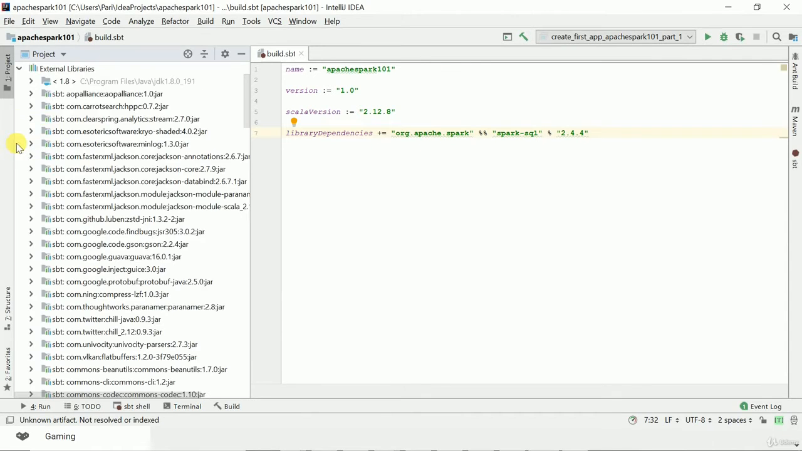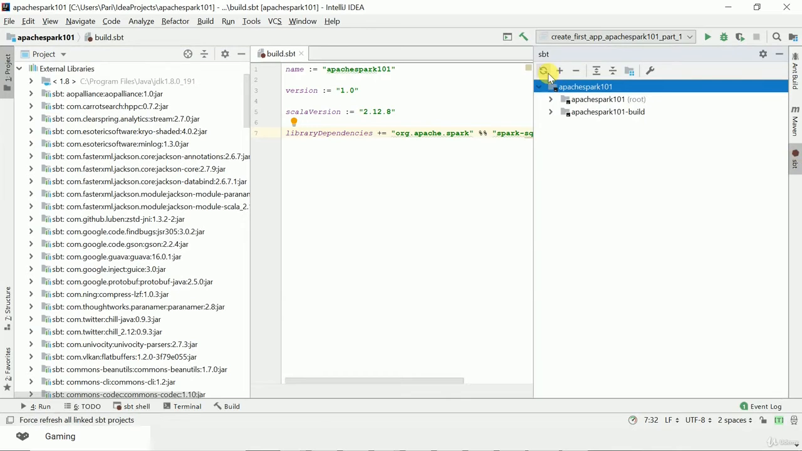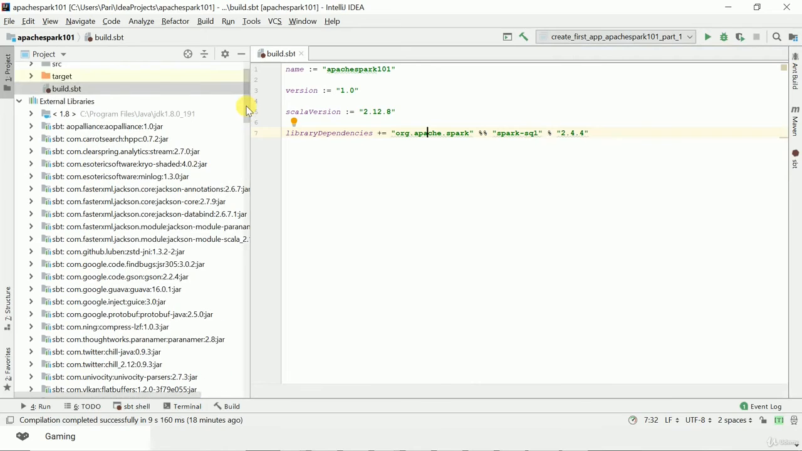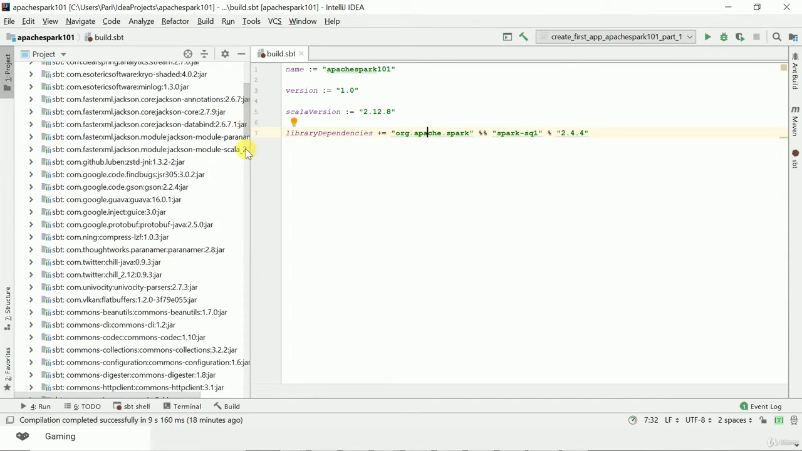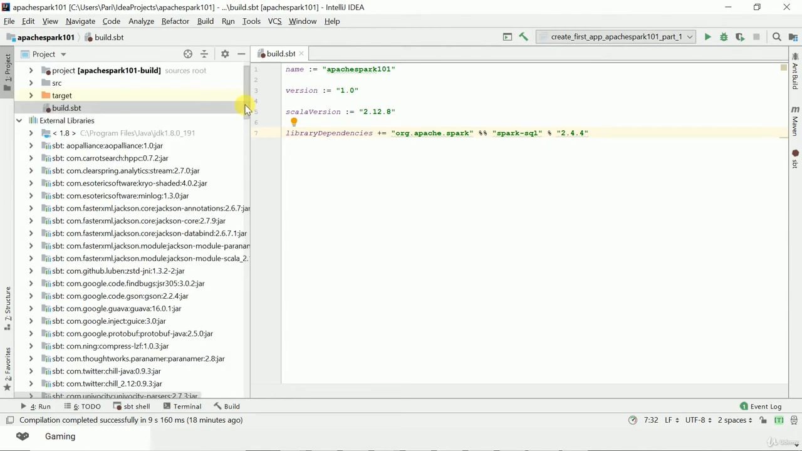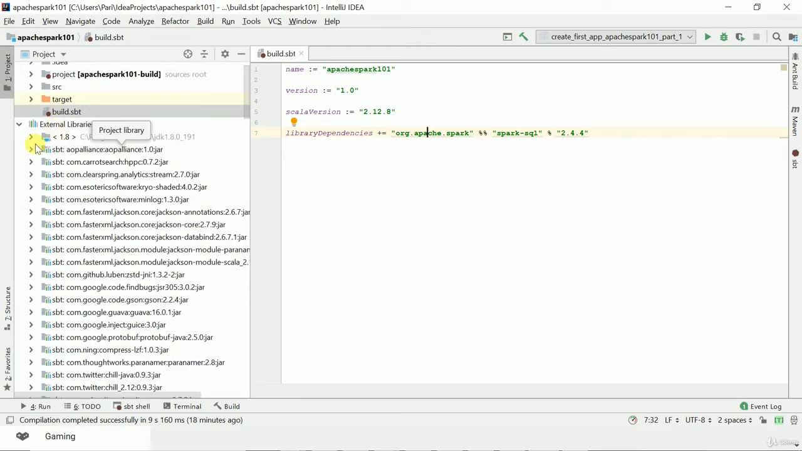Okay, you can see here. Once I run it, you can go to the SBT tool window and do the refresh here. If you click on it, there will be a refresh option, right? Refresh all SBT projects. Then it will start downloading these dependency jars. Once it is downloaded, it will take a couple of minutes. Just wait for it, and you will see, if you expand the external libraries,